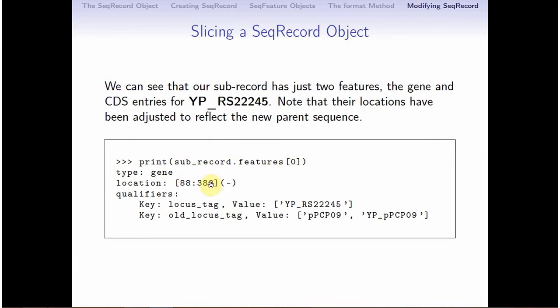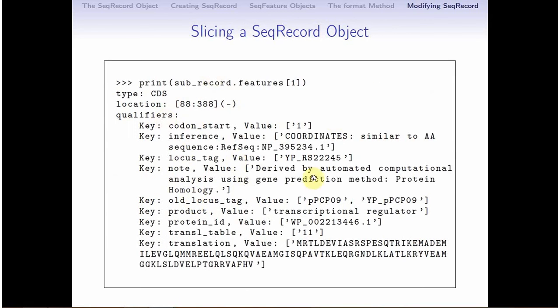So at the 0, the location will change as well. It will not be 7788, so I start from 88. Okay, because we start from 7700, until 388. So these are the information that you can count. Most importantly, the outcome I'm trying to say is that you will preserve the features if you slice